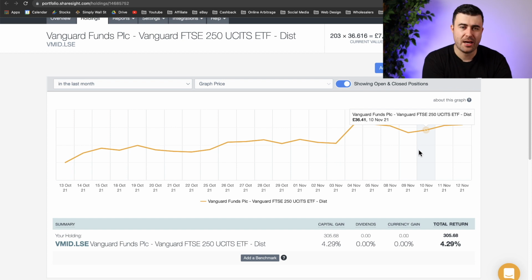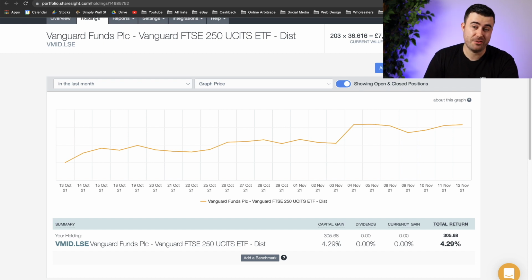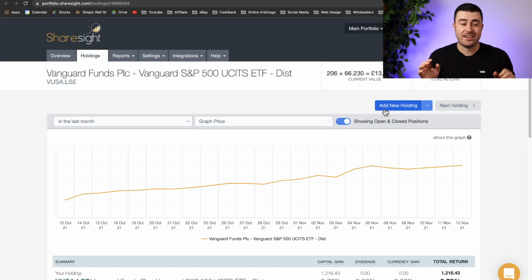This one tracks the companies number 101 to 350 on the London Stock Exchange. And yeah, it's doing really well. It's just something that I dollar cost average into, and I plan to for the next 10, 15, or maybe even 20 years. Moving on to the next ETF, and this is actually the largest holding in my portfolio currently,